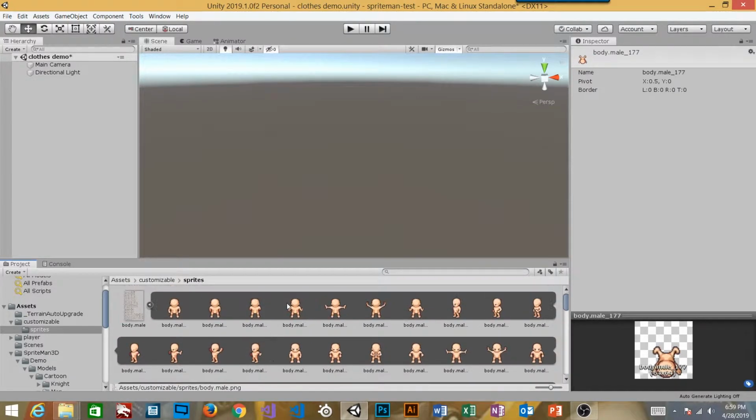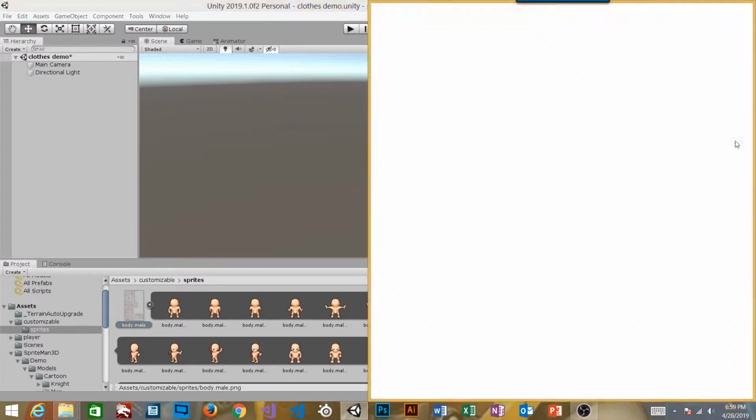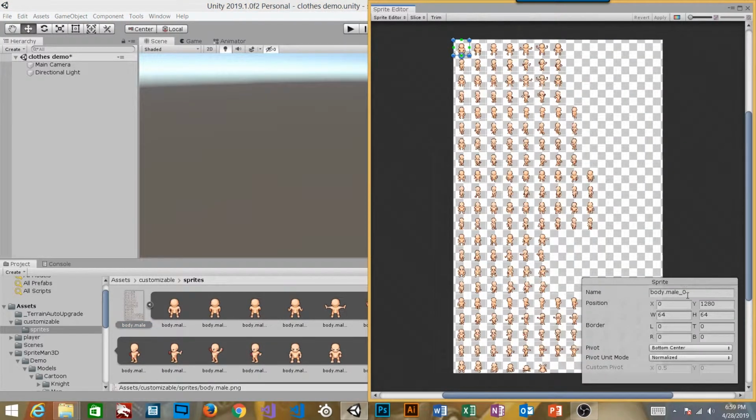What we want to do next is go in and actually change the names of all of these frames, and that's done manually in the sprite editor. There are 170 something frames in here, so I'm going to skip that part,